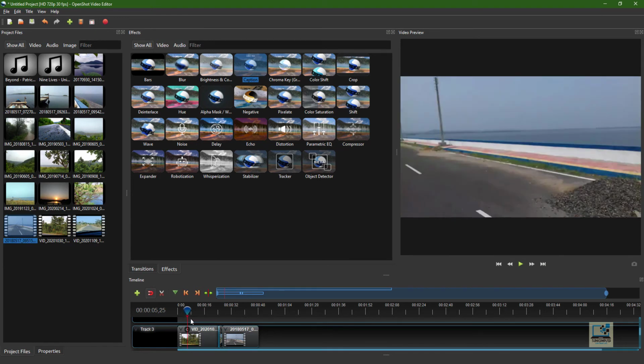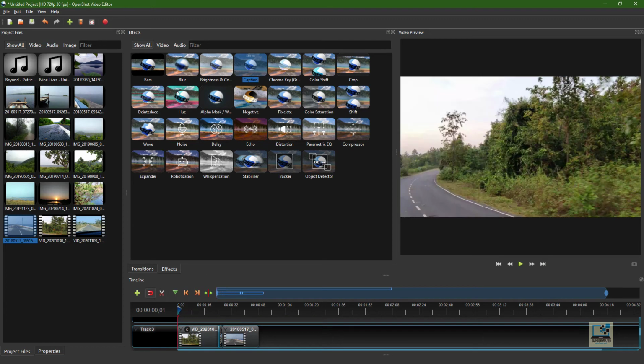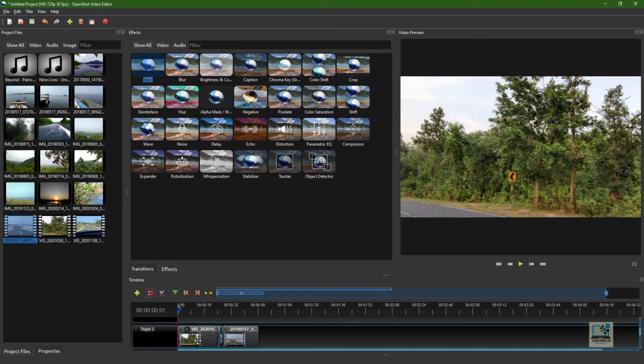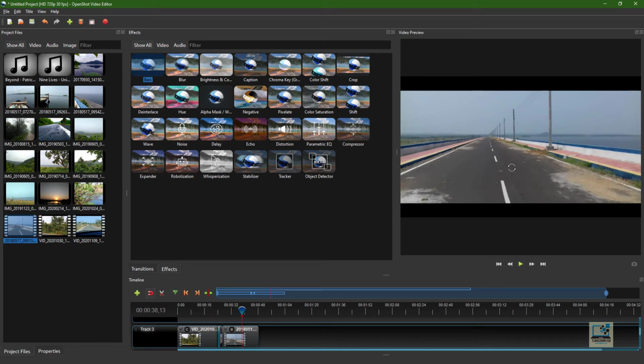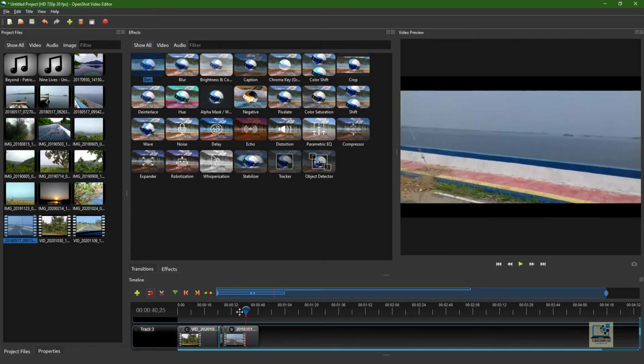Now the next thing is, as we are doing the video editing, sometimes you have noticed that there is a bar on top of the video and the bottom of the video that looks nice, a kind of cinematic effect. So that option is there, bars. You can just place that effect on top of your video, and it will apply the bar effect. If your video is already in 16:9, then that will not change it much. But as you can see right now in my video, there is the bar on top of the video and at the bottom. So this is for cinematic effect. You can use it in your video file if you want.